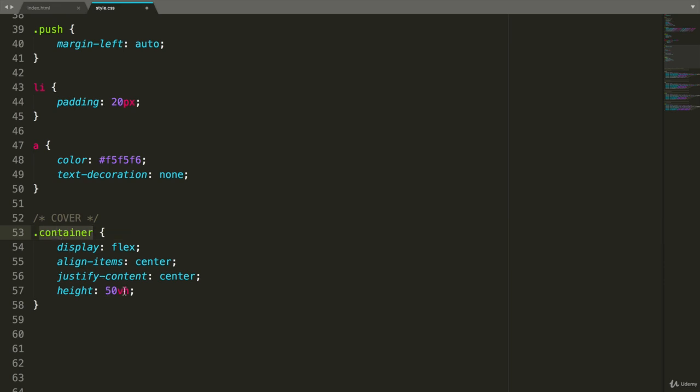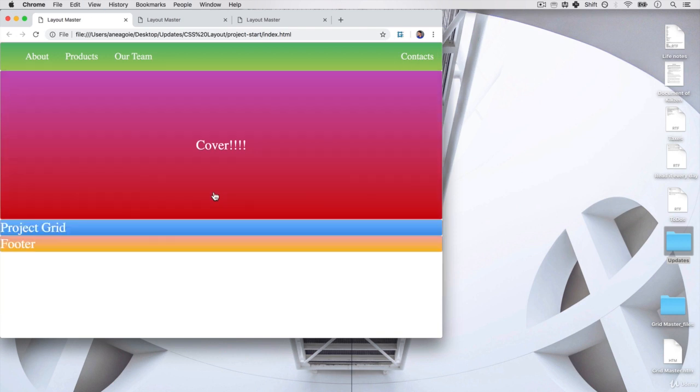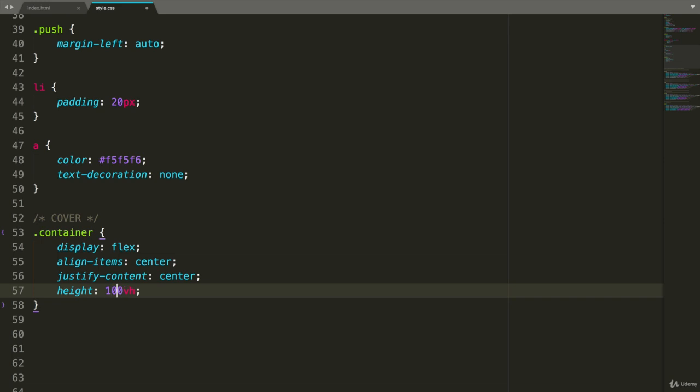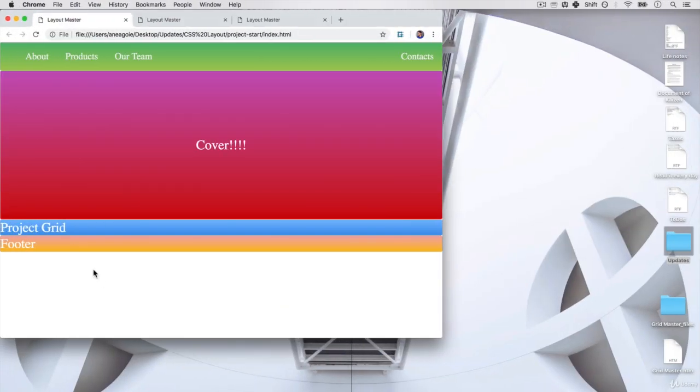So if I do 50 VH, and if I refresh here, you'll see that my cover will be 50% of our viewport. If I do 100, and I refresh,